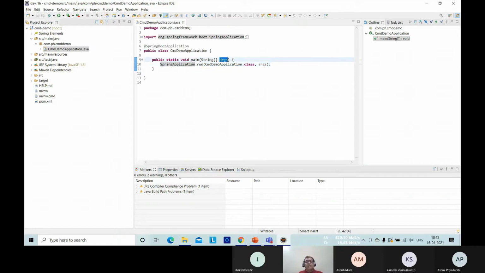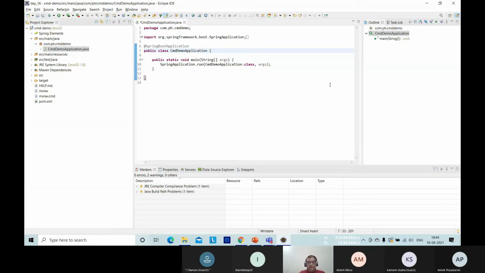The command line parameters, that is arguments, are applied to a Spring application. So now there is an interface called CommandLineRunner that I need to implement in order to handle this.